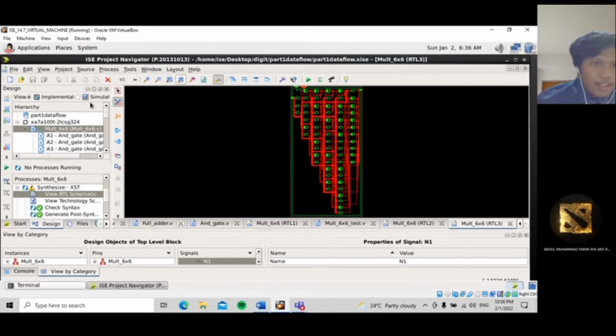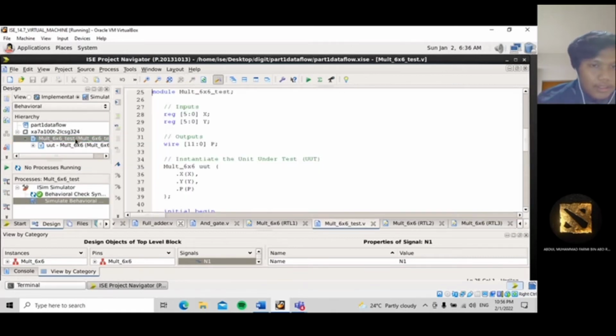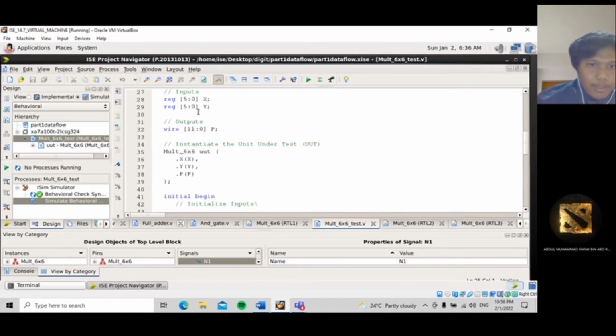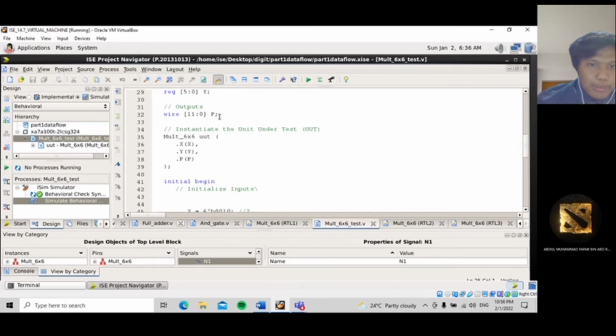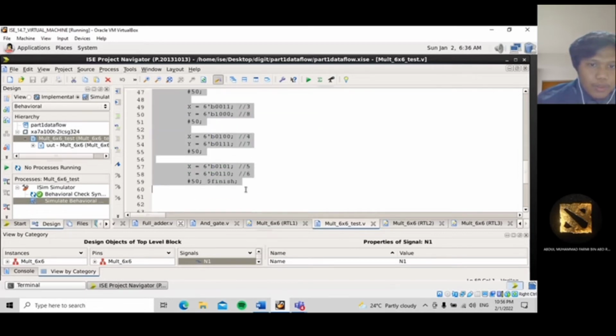After that, we do the test bench. I create the Verilog test fixture. Here I register X and Y for input, and output wire P. In the initial begin, I use the four values which I use in this simulation.